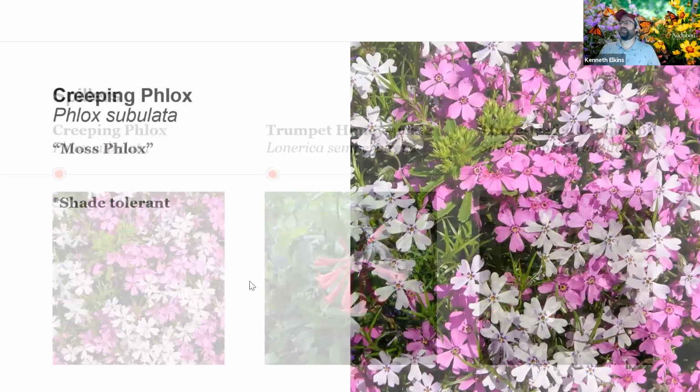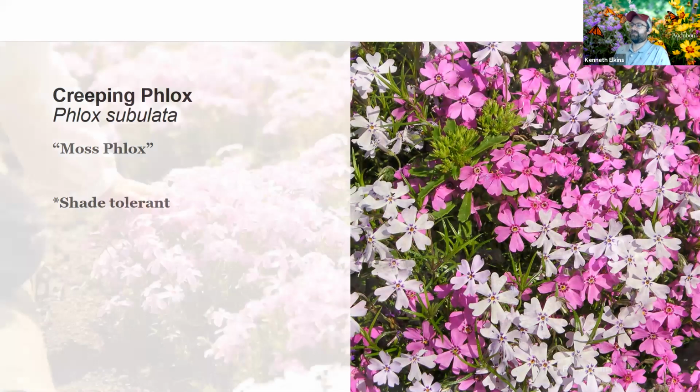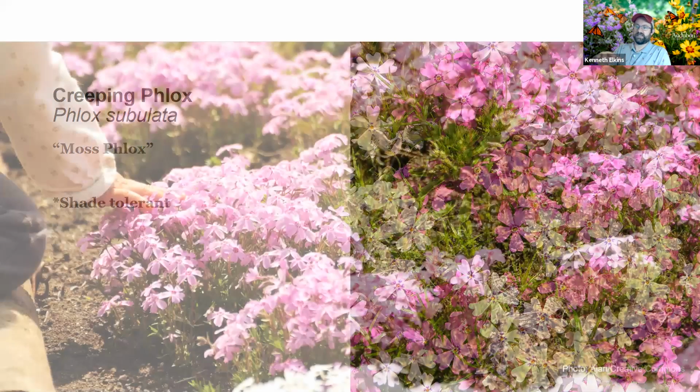So the first is a native small phlox. Some people nickname it the moss phlox or a pink phlox or moss pink. And it can be quite shade tolerant, which is a nice factor that we don't always have with native plants, especially blooming flowers that are anything beyond May 1st or May 15th. So this is a midsummer bloom, and what I love about it is that it just grows as a small,